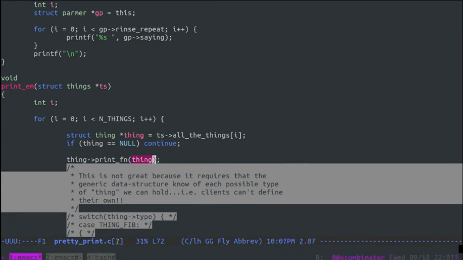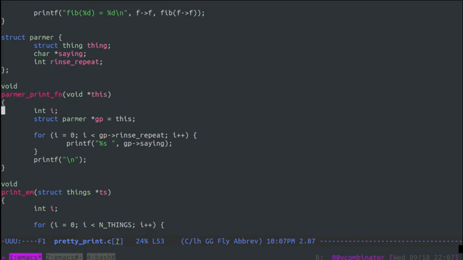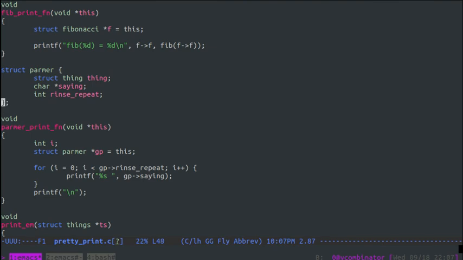If the thing contains ints, it will print them as ints, simply because we have our specialized print functions that know how to either print it as a string or print it as an int, right? Okay. Okay, so let me